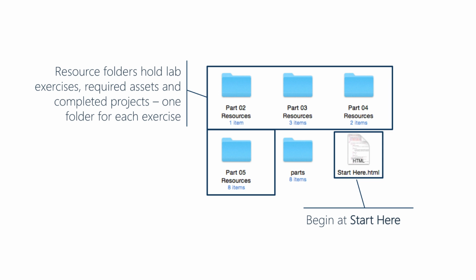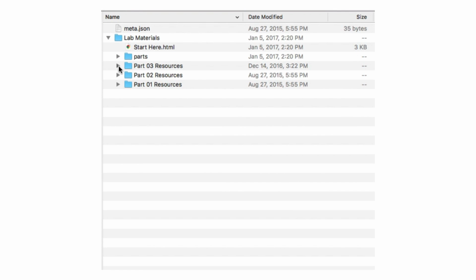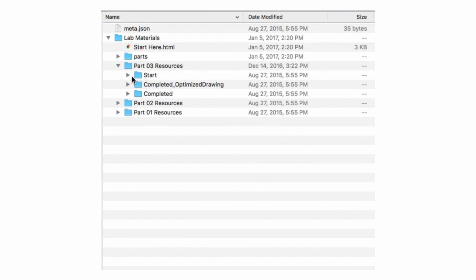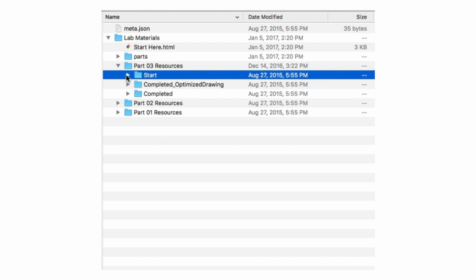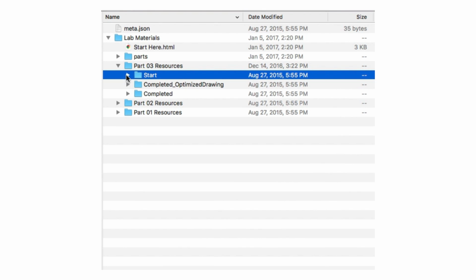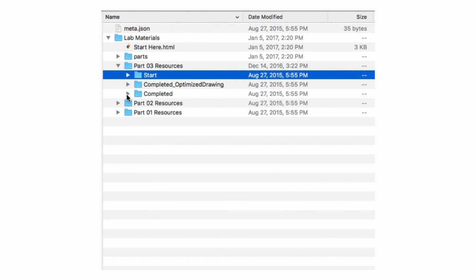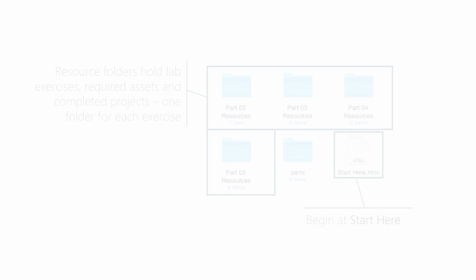In some cases, though, the starting requirements are a bit too high to start with a brand new project, so there might be a starter solution to begin with. These will be in the resources folders, organized by the lab exercises in the class. Each part has a completed project, which has all the completed lab steps. When you're done with an exercise, you can compare your solution with the completed one, and if you like, you can always use it to start the next